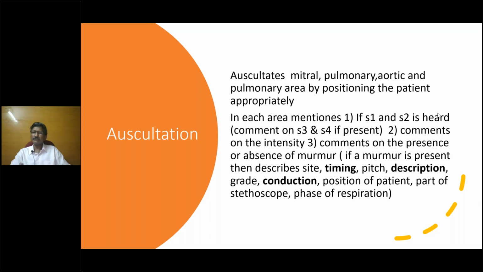So Roshni has given the answer as mitral area S1 and S2 normal. Diastolic flow murmur may be heard. Tricuspid S1, S2 heard. Pulmonary area normal S2. Normal S1 in aorta. Okay. Early diastolic murmur. See, when you tell the auscultatory finding in pulmonary and aortic area, I think I already told that we just mention A2 and P2. Don't mention it as S2. Because what you hear in the pulmonary location is P2. What you hear in the aortic location is A2.